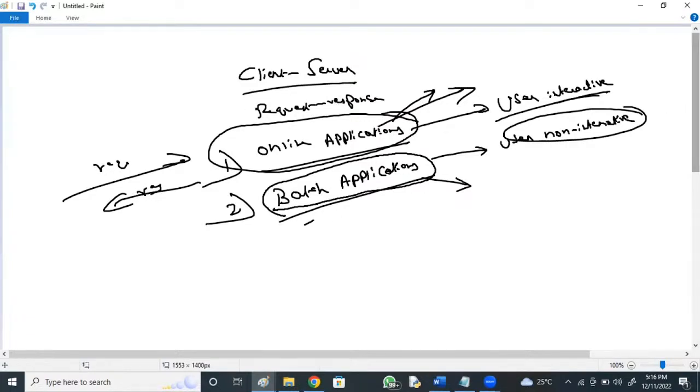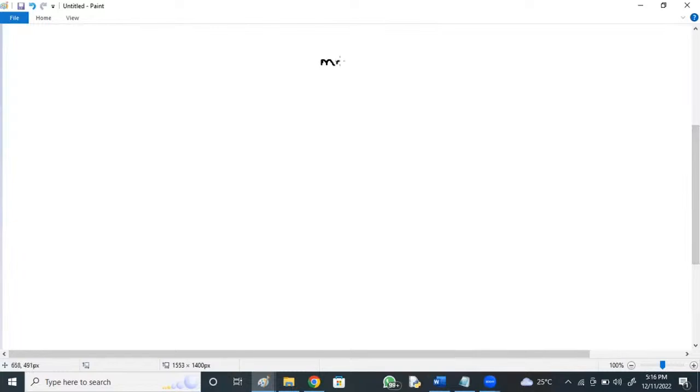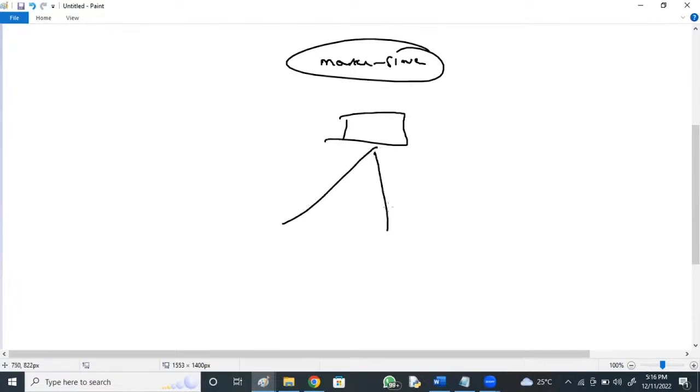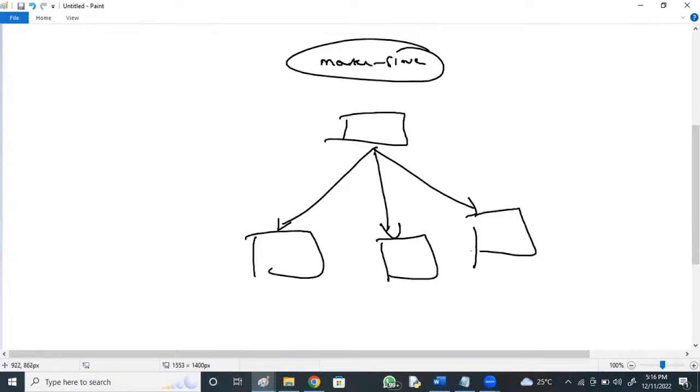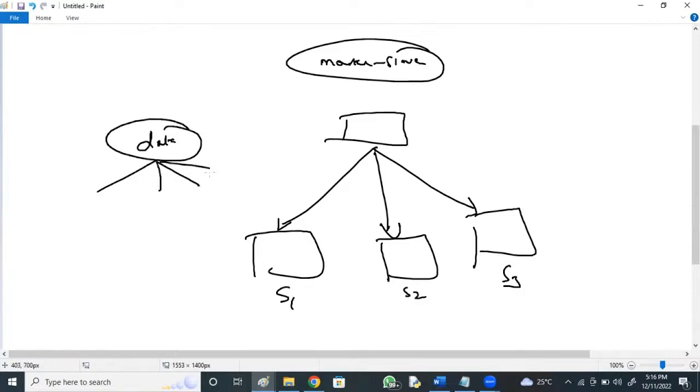It is for master-slave, where we see a master and multiple slaves: slave 1, slave 2, slave 3, or system 1, system 2, system 3. Your Spark data object is going to be divided into multiple partitions.